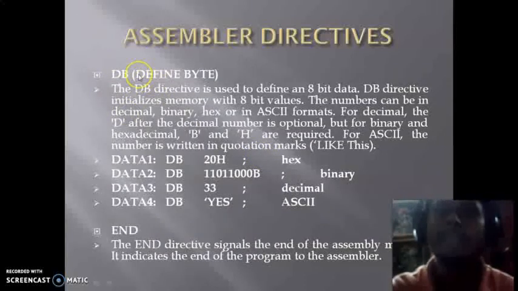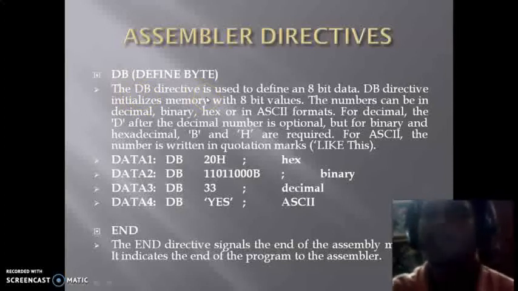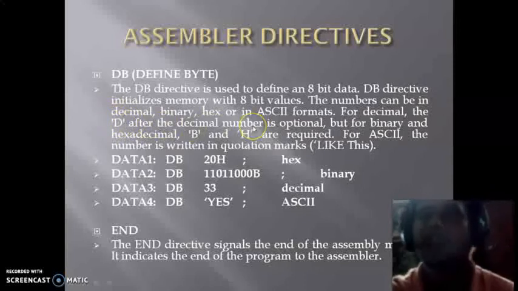Now next is define byte, that is DB. This is also an assembler directive. The DB directive is used to define 8-bit data. The 8-bit data may be in binary, decimal, hexadecimal, or ASCII format. For decimal, the data should be specified with D after the decimal number.